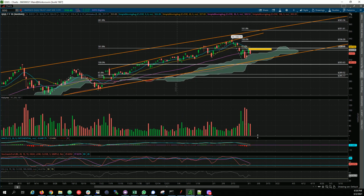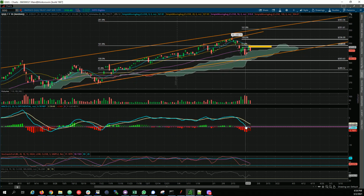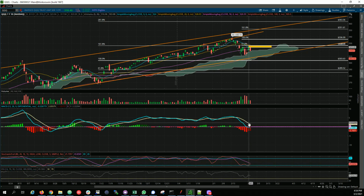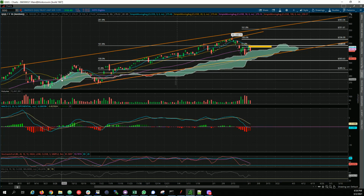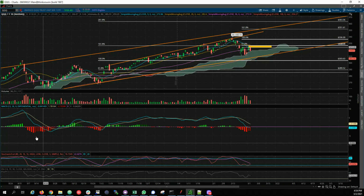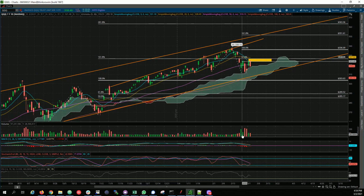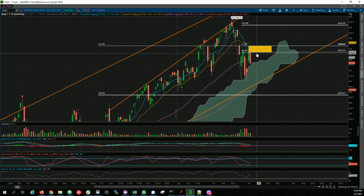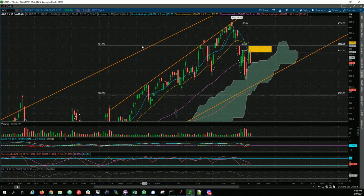So the MACD here, it's moving faster than SPY, so it's still bearish, but the stochastics is reversing. Again, the RSI looks almost very similar to SPY, but still not ready yet until we get this cross. And sometimes you'll get the cross, you'll run up, and then bam, you'll go down again. So even if the MACD crosses over, the stochastics and everything looks perfect, we have to look at the overall picture and the fundamentals. That being said, right now, QQQ is testing its resistance, and the next resistance will be,